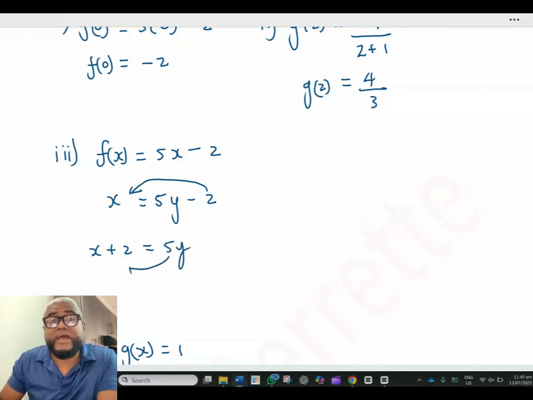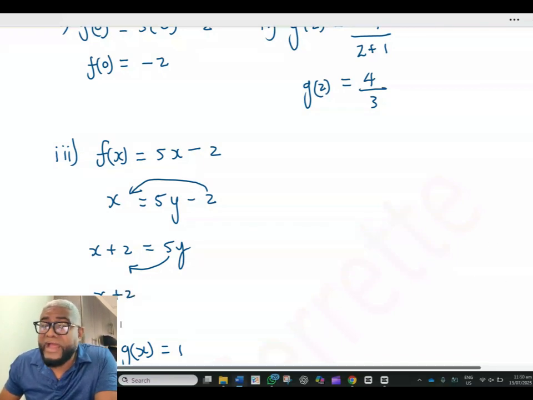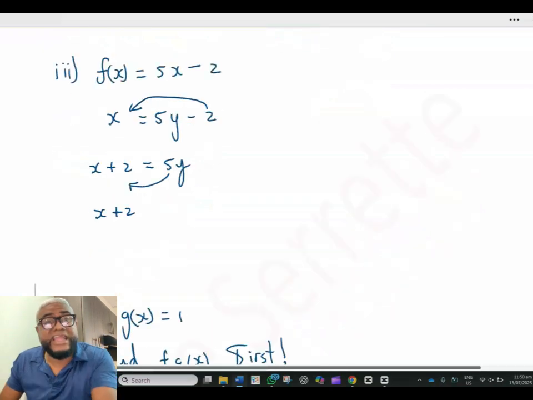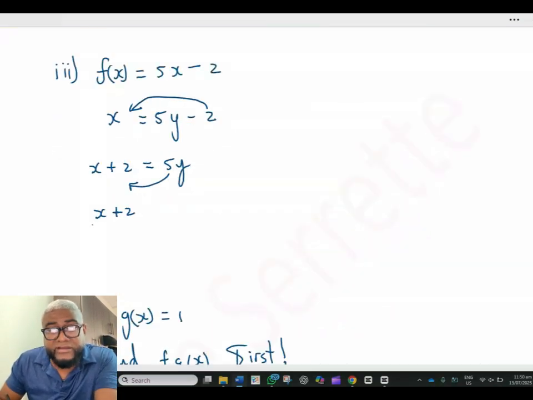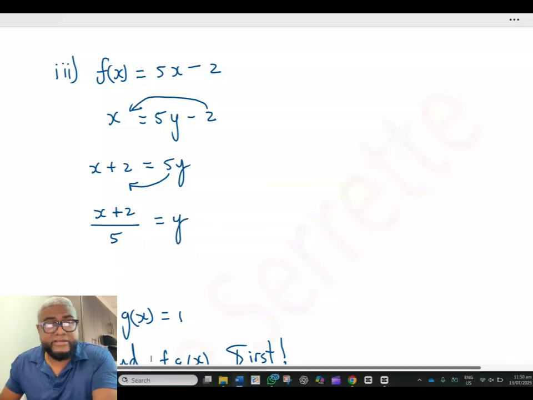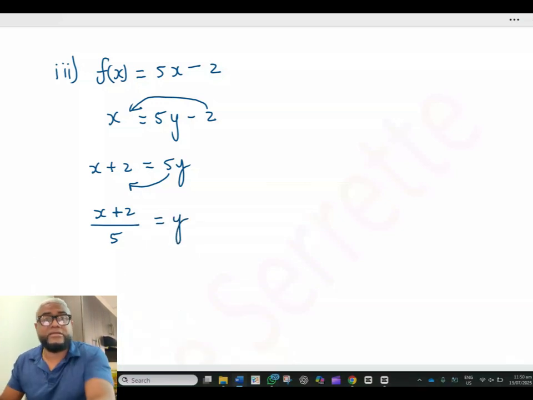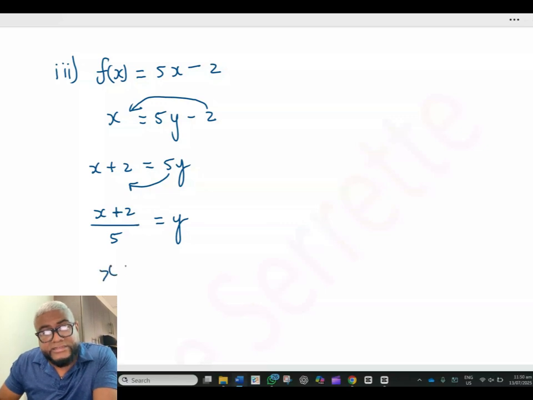We're moving the 5 now. What are we doing with the 5? Divide it. So x plus 2 divided by 5 equals y. It's the same thing we do over and over. Right? There you go. So what does it become? x plus 2 over 5 is equal to